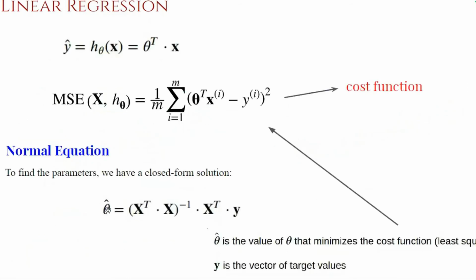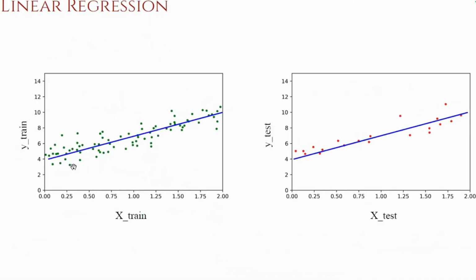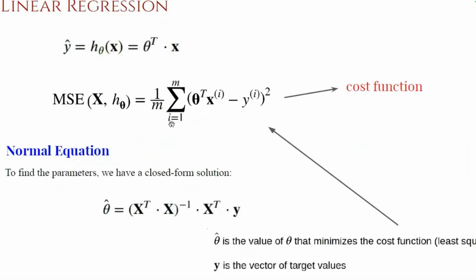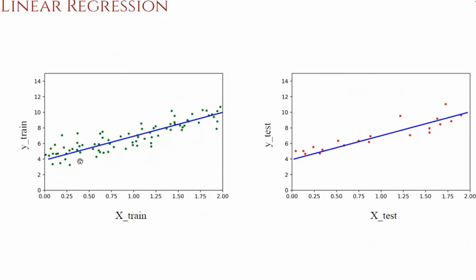The theta hat is nothing but giving the attributes of this blue line. It gives us the y-intercept and slope of this straight line. That is what's stored in this theta hat. Theta hat contains the values for theta 0 and theta 1. So if you have theta 0 and theta 1, you have this blue line.